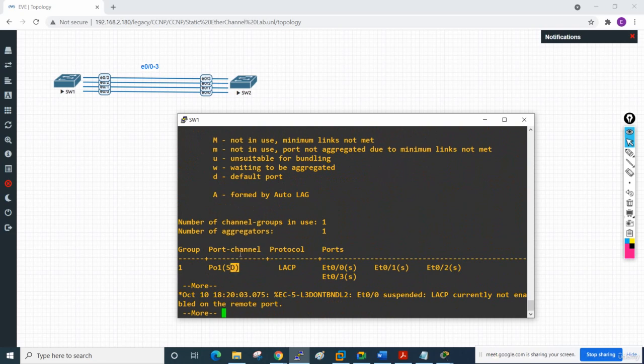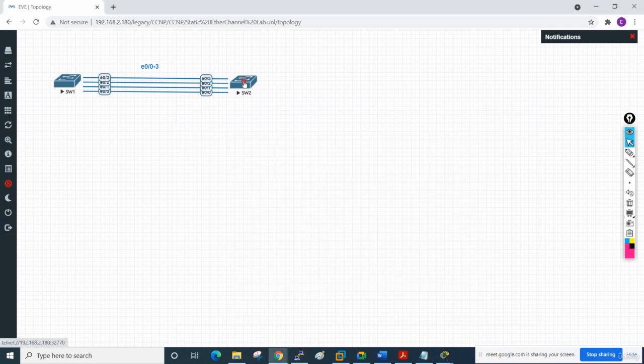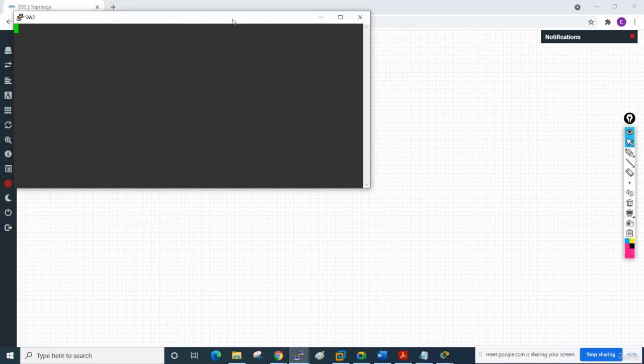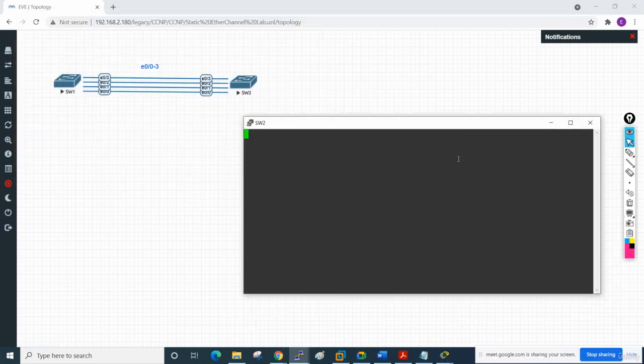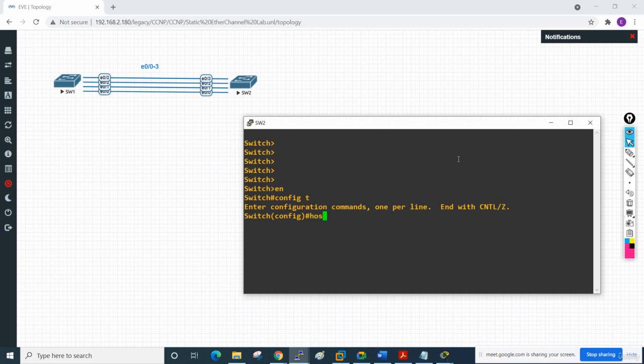Okay, we have it down here, but anyhow, let me configure the second switch and verify if we have a different native VLAN, whether it will form or not. So let me go here. I will write the hostname as switch SW2, and interface range 0/0-3,